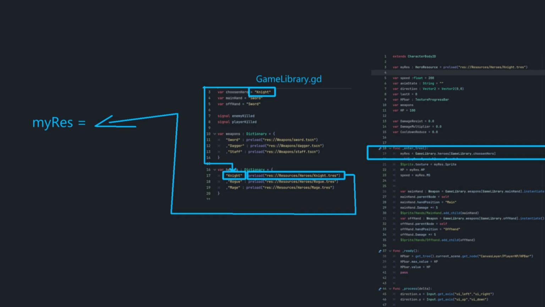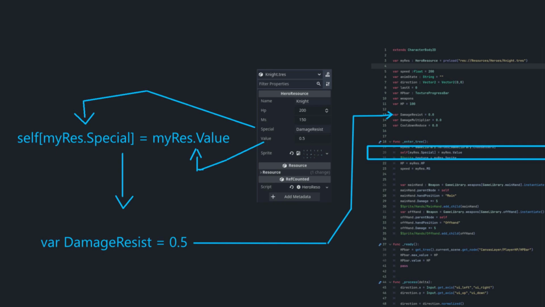For example, knight: we're gonna take the resource called knight on the heroes dictionary on the game library, according to the game library's chosen hero.